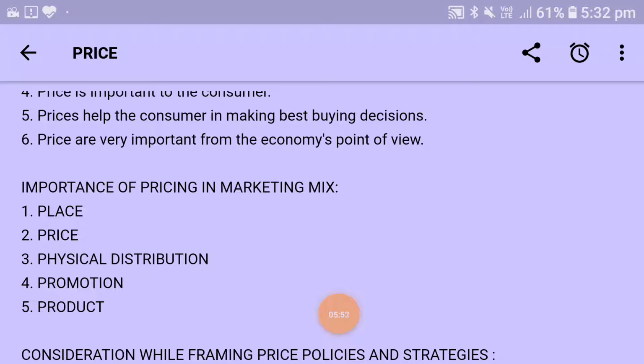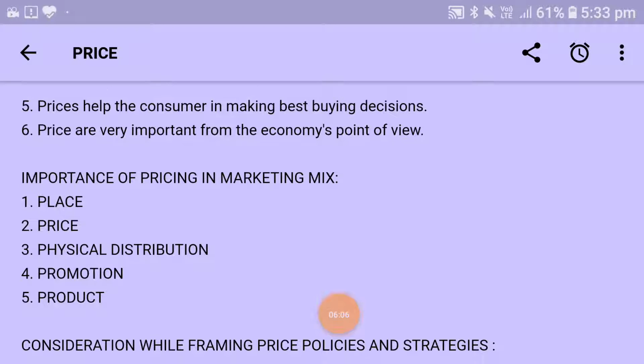Whatever the price is, it should be included in that product, and the cost of distribution should not affect it adversely. Means the overall distribution cost should not affect the price. The overall distribution cost should also be compensated by the price of the product, so that no loss happens. Next is promotion, meaning how to promote in such a way that the goods can be sold in full slot,